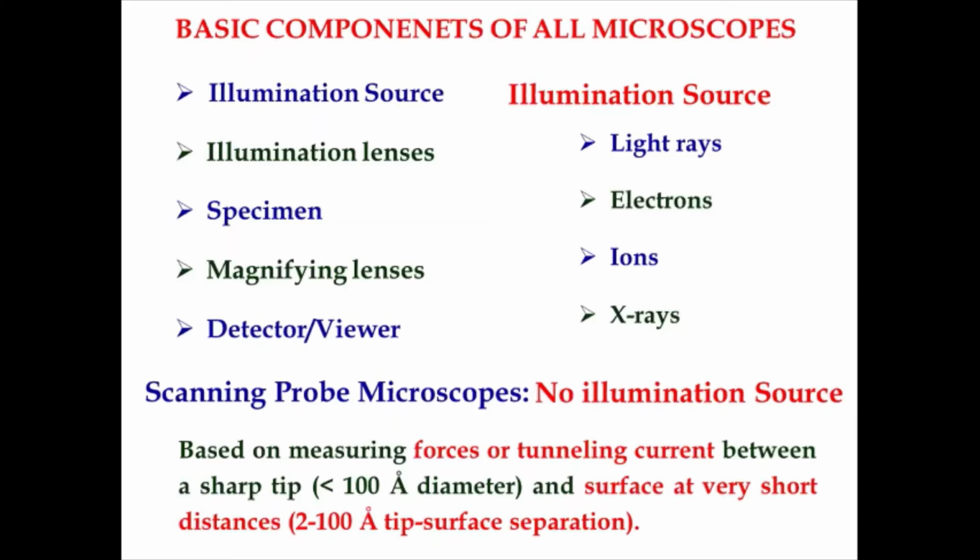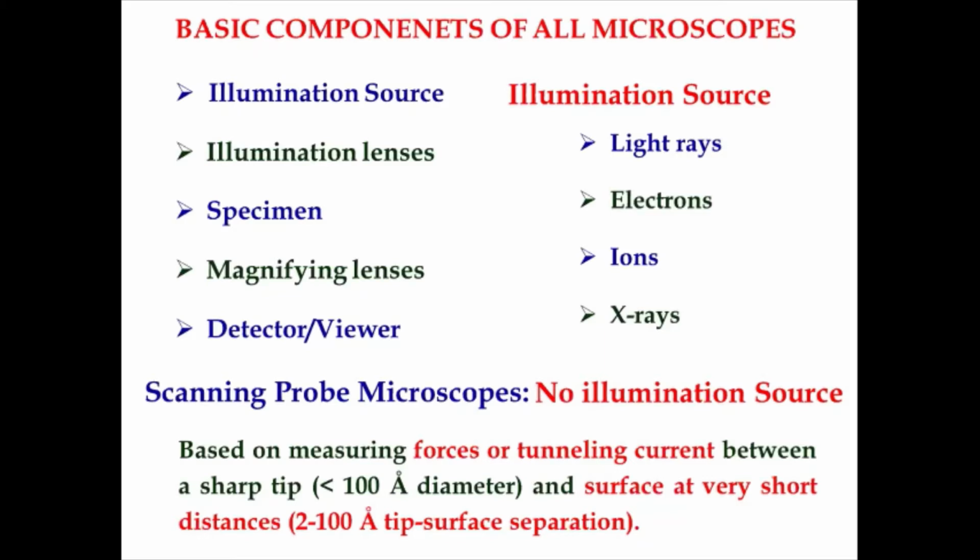One can also make use of electrons. Can one use ions? The question is answered in the affirmative. For the last almost 8 to 10 years, we have had the ion microscope, the helium ion microscope, in the market. X-ray microscopy is different. It is not used for obtaining general images, like information about shape, size or dimensions. It's a different microscopy.